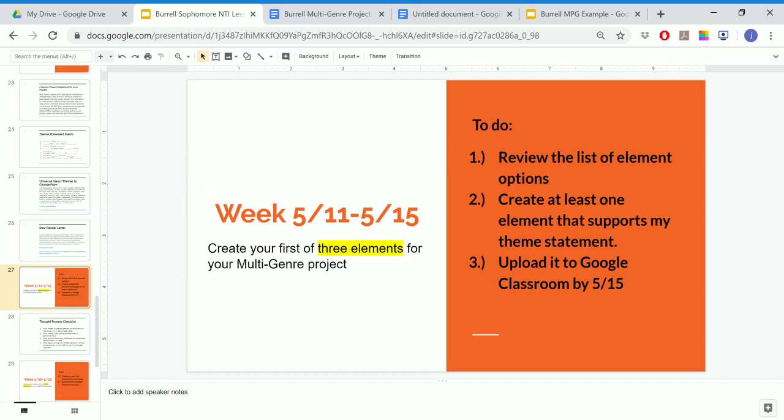So what you need to do for this week is you need to review the list of element options that's in the multi-genre project document. By the time you are watching this video, the multi-genre project document is going to be moved back to the top of the stream in Google Classroom, so it's very easy for you to check out. You need to create at least one element that supports your theme statement, and you need to upload it to Google Classroom by May 15th,